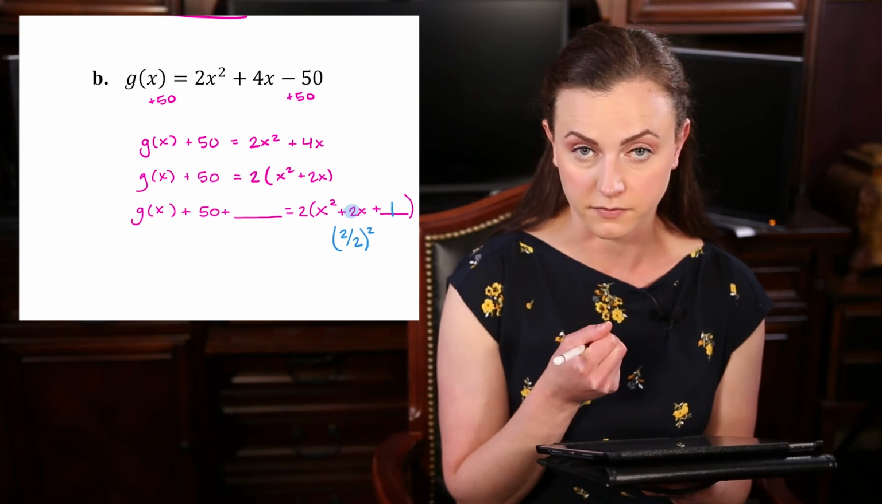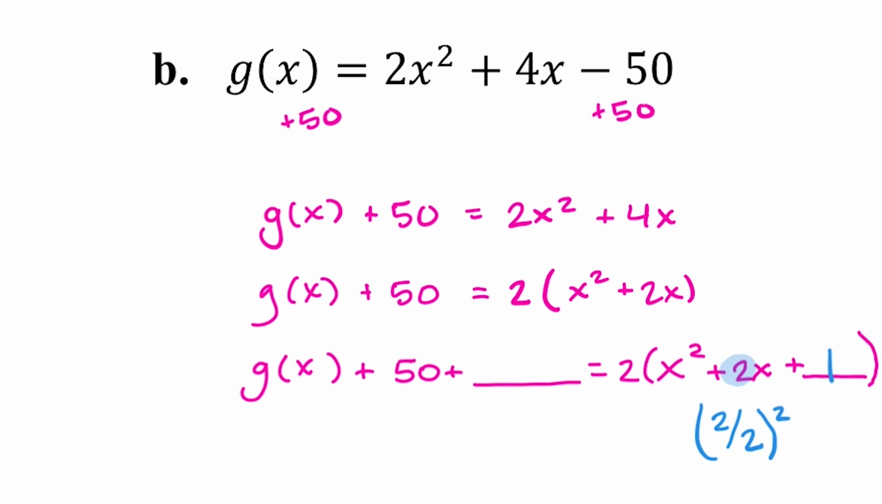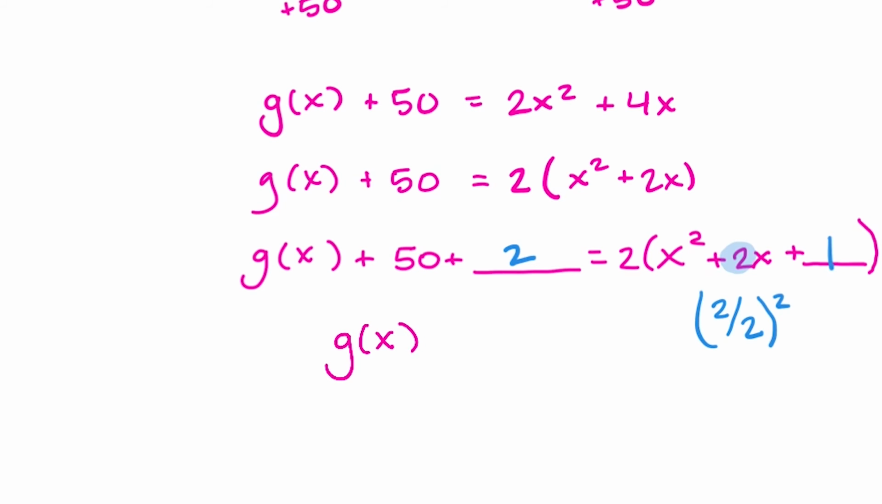Here's where you have to be careful. If we look at the right-hand side, this is really 2x squared plus 4x plus 2. That's what we have if we multiply in this 2. And because of that, on the left-hand side, we're actually going to put a 2 here. So whenever you have this number that you've pulled out, you're going to multiply that by this first before you add it to the left. So we did 2 times 1, and that's where we got this 2 here. So this is g of x plus 52